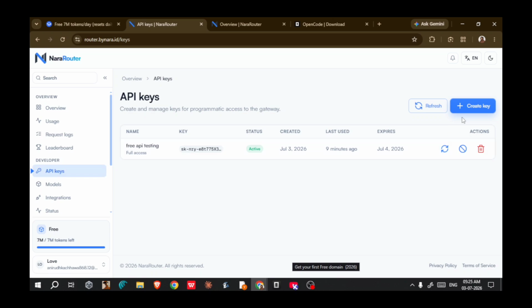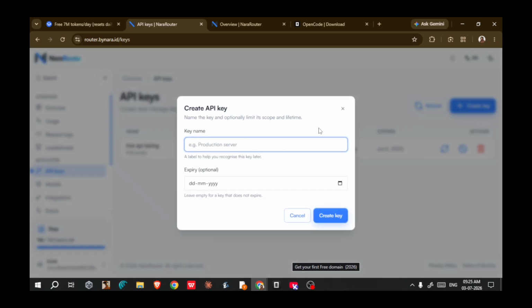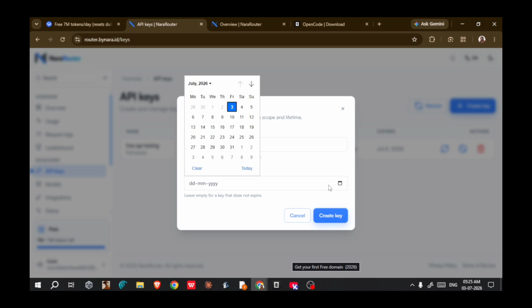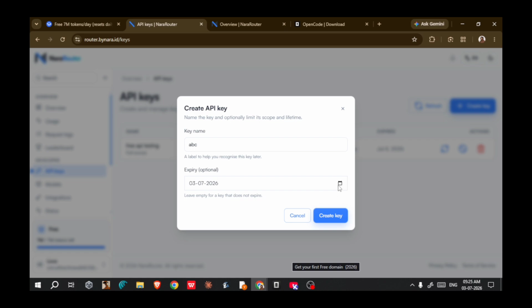Click here. So see the create API key. Give any name like ABC and set an expiry date. Okay, I'm giving the expiry date of today itself. No, tomorrow.